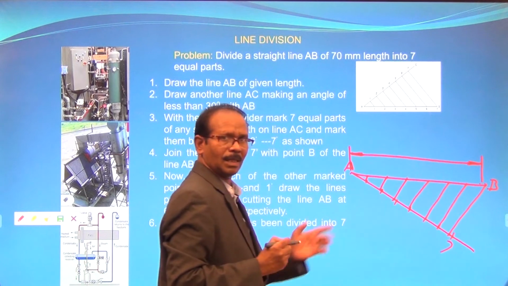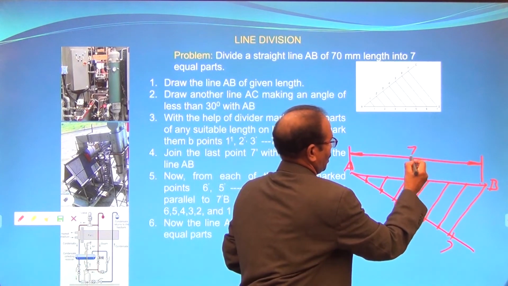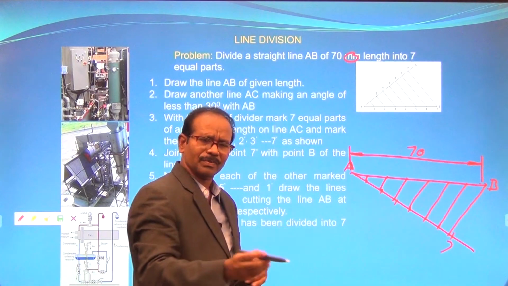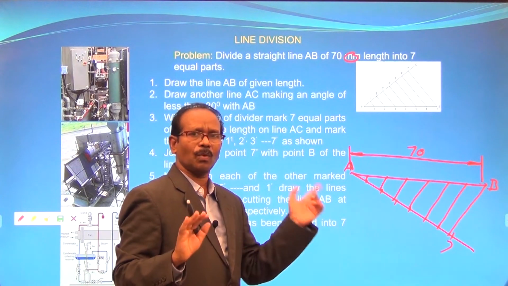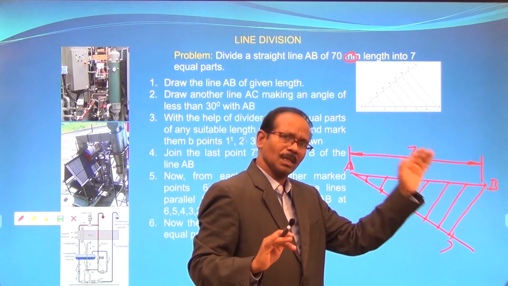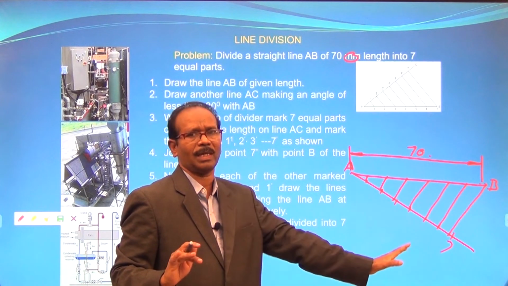Right. Give the numerical value. What is the length? What is the given? 7. No need to put the mm because we follow only mm. No need for centimeters or meters. Only mm we follow. No need to give mm or cm, because whatever value is there in the drawing sheet is exactly mm only.